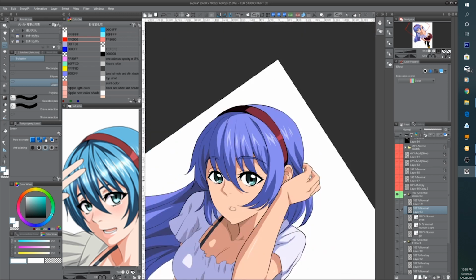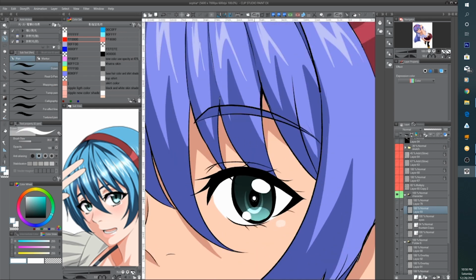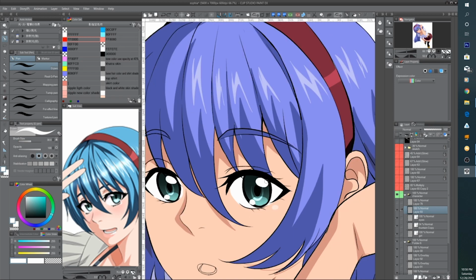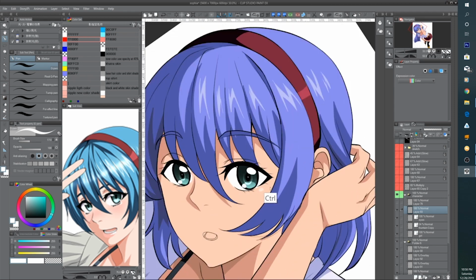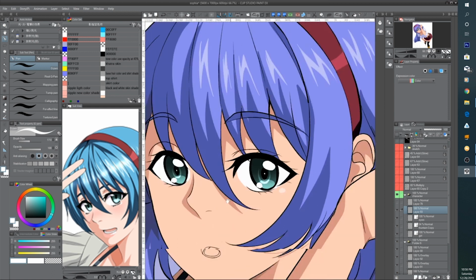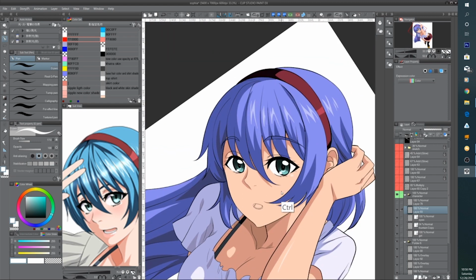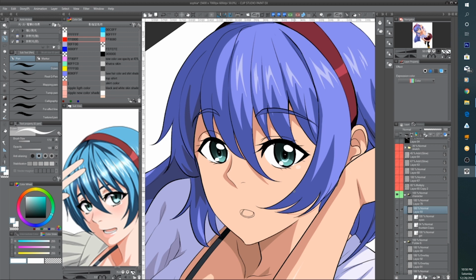Alright. And if you want, you can always put a little white dot right here. Right here, if you want. You don't have to, but if you want. Or you can do this as well, to give some more details in the eyes. You don't have to, but that's if you want. And as far as this thing goes, right here,